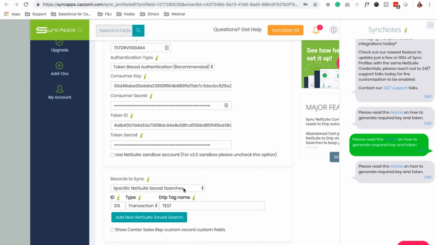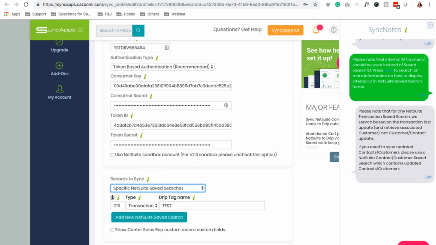So in here, you have 4 options, but we highly recommend the NetSuite saved searches. Now, for the NetSuite saved searches, again, you can sync your contact saved search, customer saved search, and transaction saved searches. All you need to get is your transaction or your saved search internal ID from NetSuite and the type. And of course, what tag in Drip SyncApps will automatically create